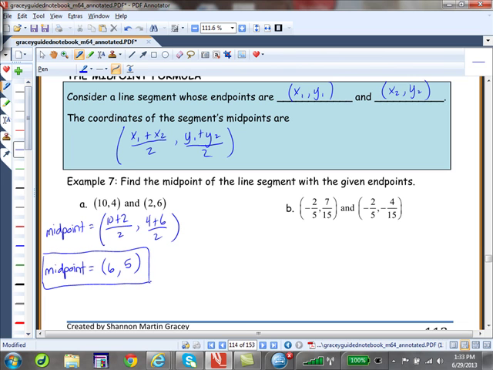Okay, over here the midpoint is, remember, fractions are your friend. So the average of negative 2/5 and negative 2/5, you might have already seen that you're going to get negative 2/5. But just in case, we can walk through it. Negative 2/5 plus negative 2/5 all divided by 2. And then we'll have 7/15 plus negative 4/15 all divided by 2. So the midpoint is,